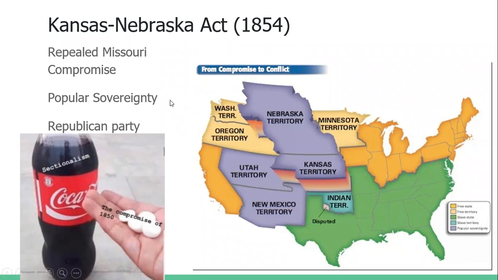But through the Compromise of 1850, and especially the Kansas-Nebraska Act of 1854, we're going to see that popular sovereignty is going to be what we want to happen. And that's not really going to work out to our benefit. This picture right here sums it up pretty well. You guys know what this means. Put a Mentos in the soda, it's going to fizz up and explode all over the place. That is what happens to the country.